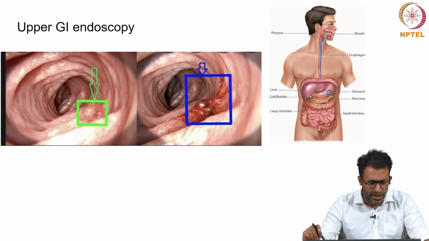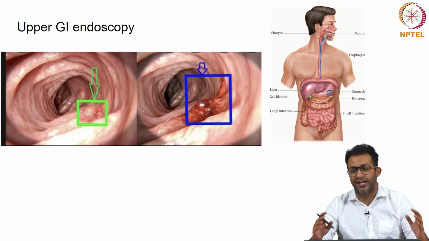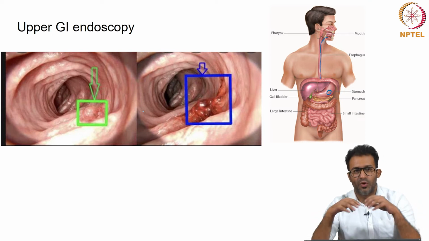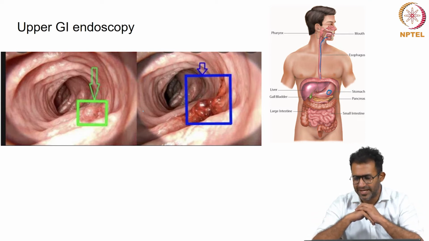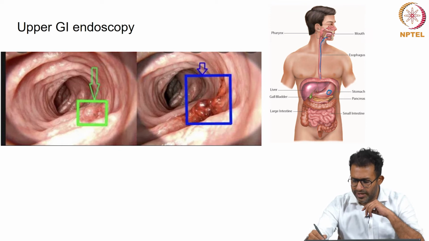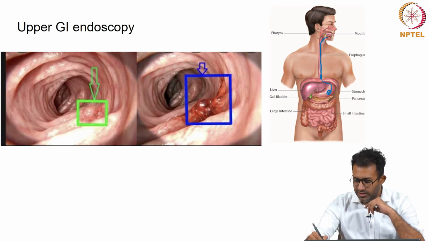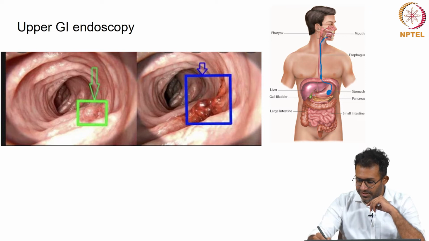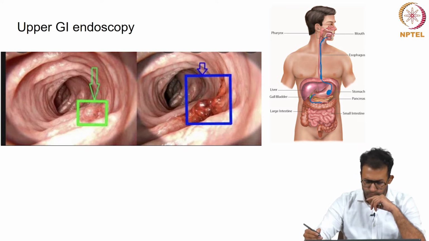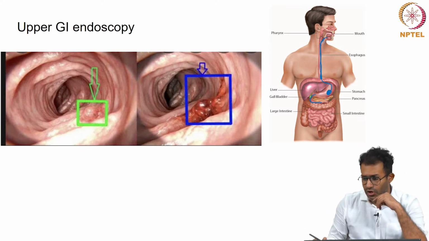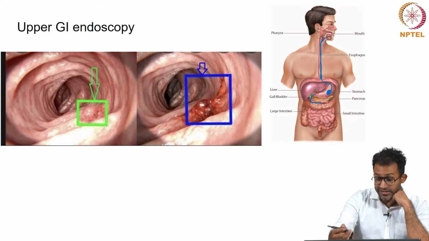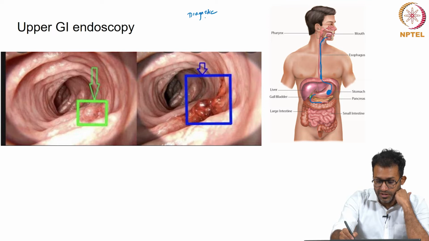Upper GI endoscopy is what we traditionally understand as endoscopy. When I say endoscopy, what I usually mean is just upper GI endoscopy. That involves putting a tube into your food pipe and it goes into the stomach, where I can visualize the stomach, and sometimes even the early part of the small intestine. Again, it can be diagnostic or therapeutic. When I say diagnostic, you can see if there is a cancer, and when I say therapeutic, again I can remove foreign bodies.